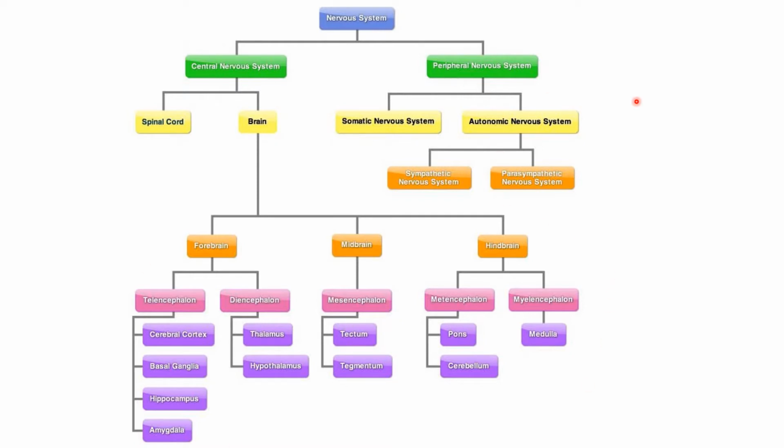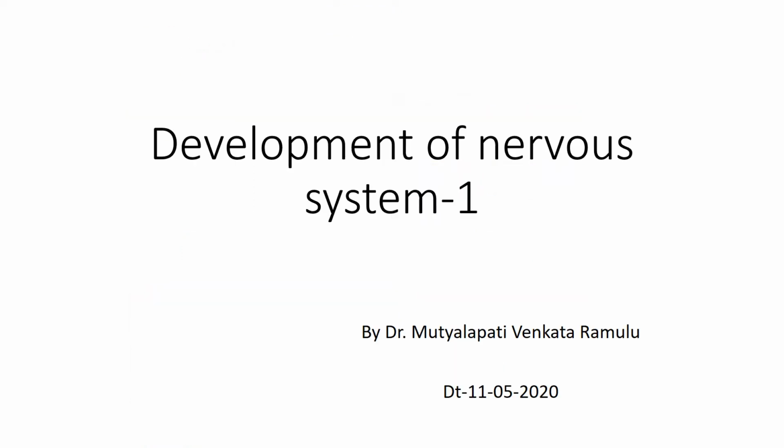Coming to the peripheral nervous system, we have the somatic nervous system and the autonomic nervous system. Under the autonomic nervous system, we have the sympathetic and parasympathetic nervous systems. I will be dealing with the development of the nervous system in two classes. Today, in the first class, we will be dealing with